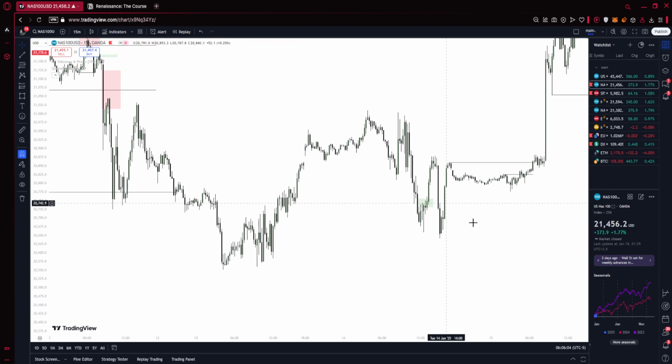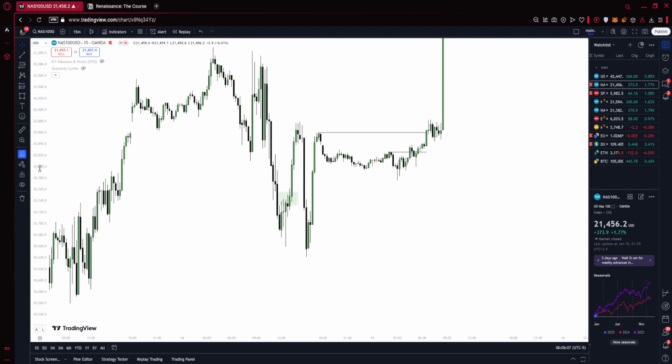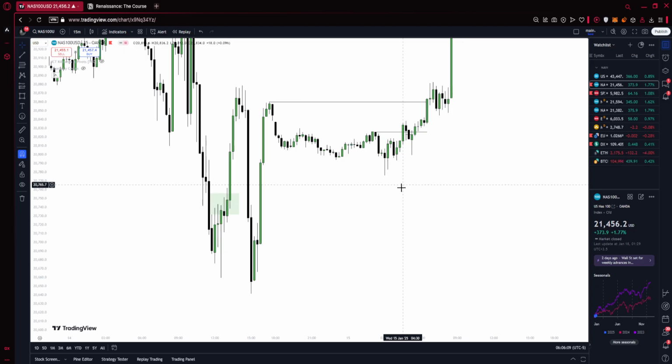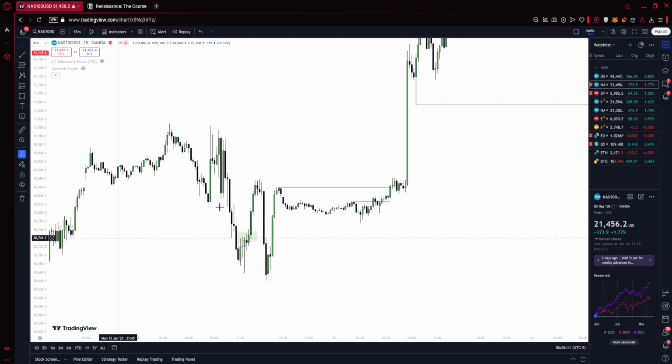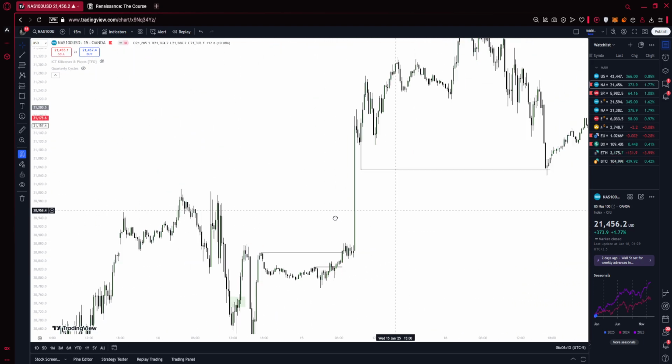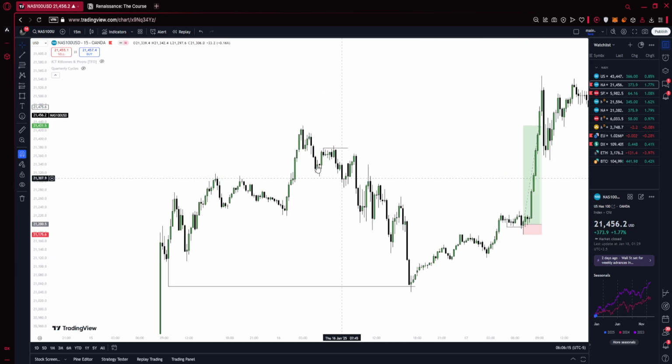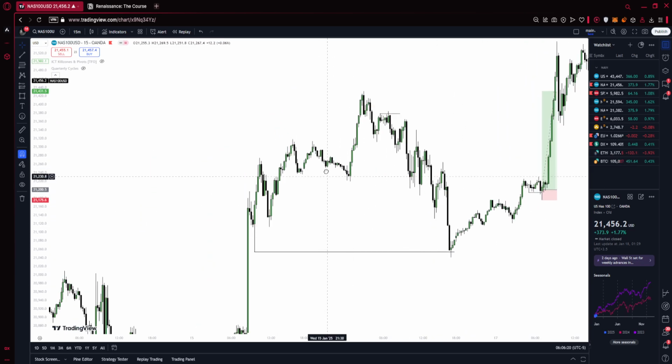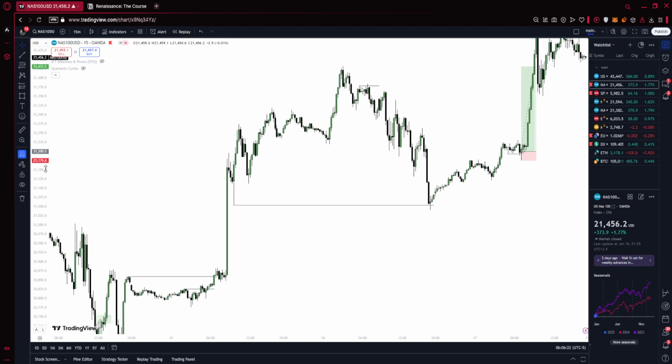Let's go to the next trade, which was around, not this. This was not the cleanest, so I'm not going to take you here. Right here, on Thursday. So, what am I thinking before? We have a big